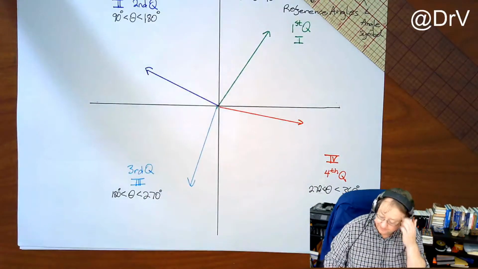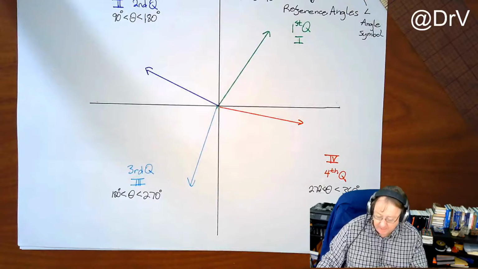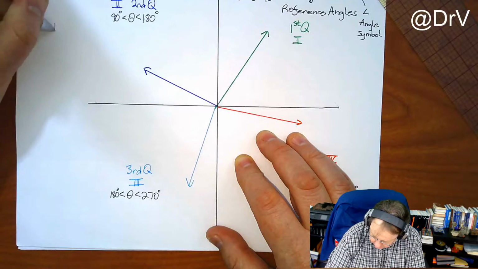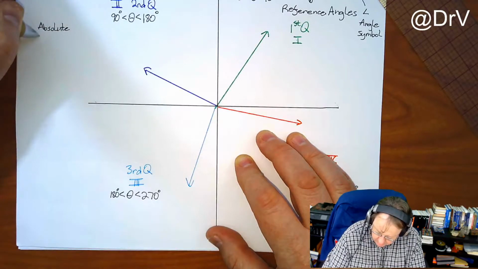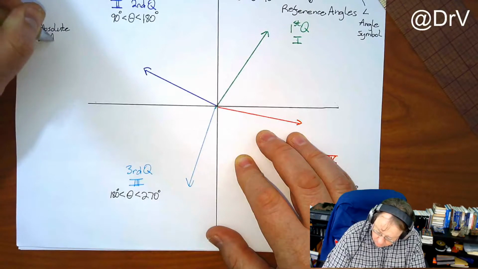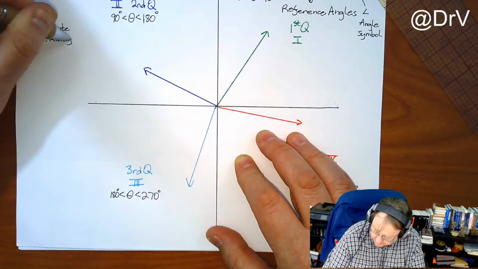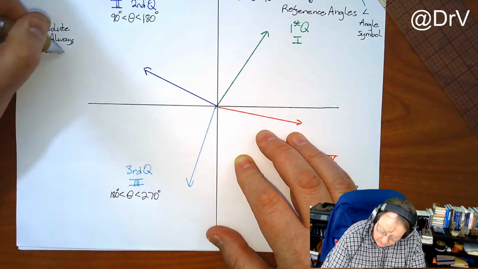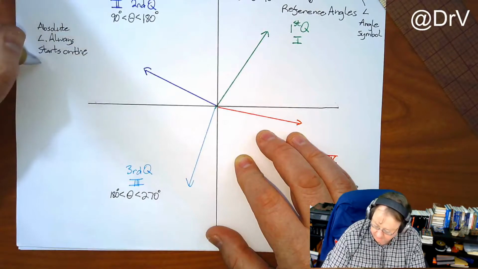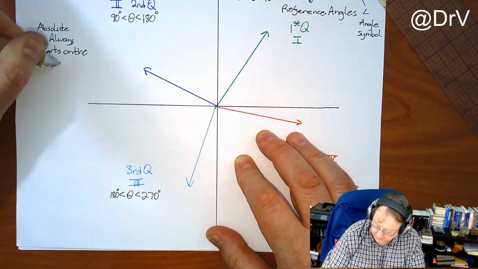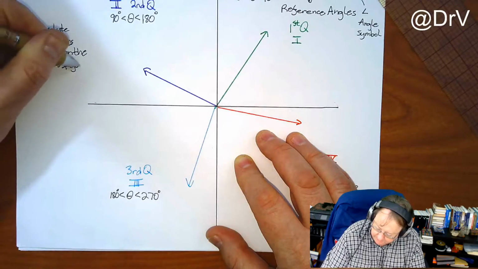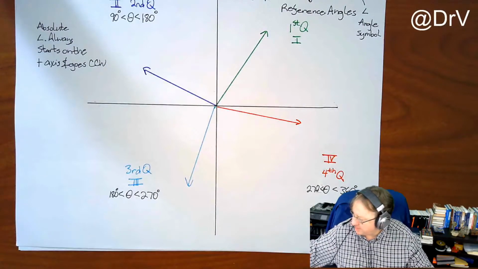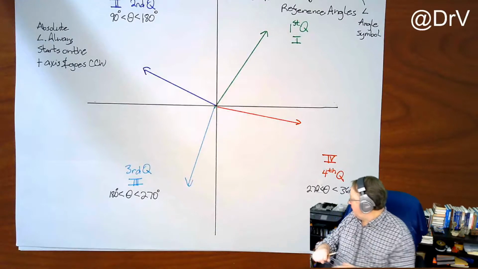All right, now, the absolute angle always starts on the positive axis and goes counterclockwise. So for each of these,